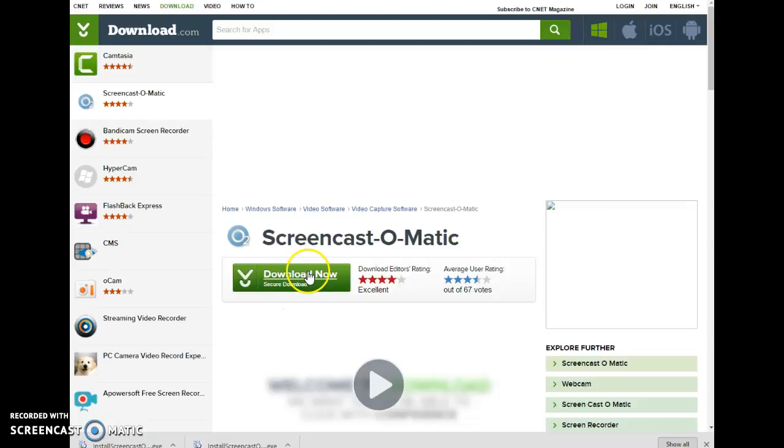I'm not going to install because I've already done it. But when you're installing, if there are any options that pop up that say, hey, would you like to use this particular software, you very carefully and thoughtfully click no. Because again, this is virus free. I guarantee you, I've been using this software for years and years and years. You will not get a virus, but there might be some add-ons, and that's how freeware is free, is that they have advertisers that